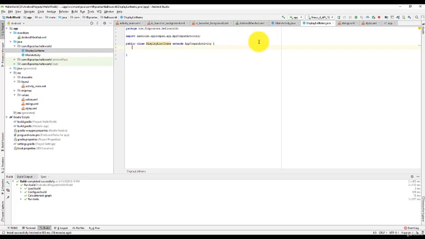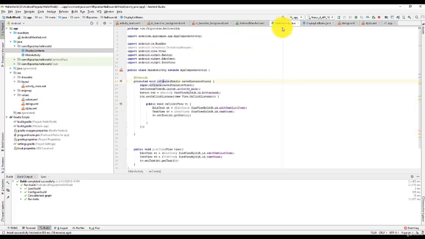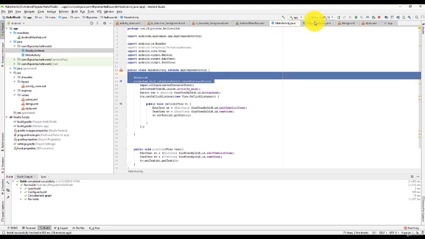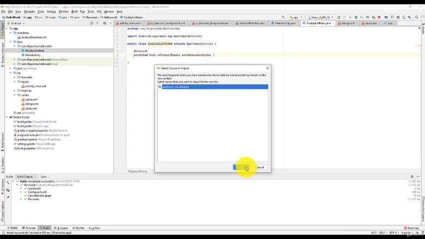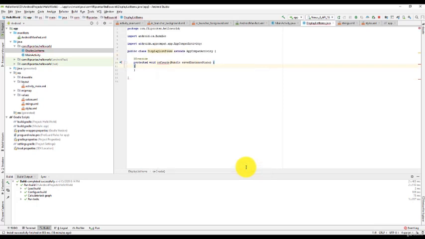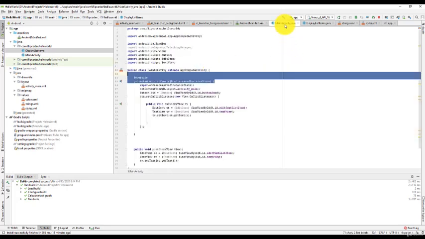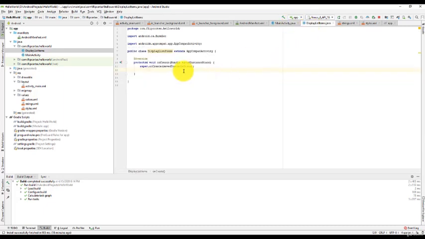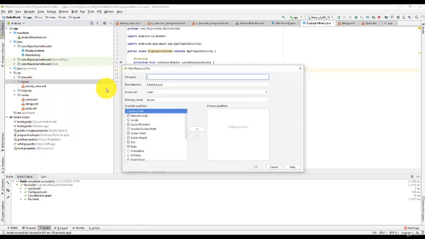This is an activity, so we need to have an onCreate. Add the onCreate. And like this, you're working with the onCreate method in the app compat activity, so you're telling it what to do when the app is created. Now before we do anything over here, we're going to add a new layout. Let's say add a new layout resource file. Let's call this list items. Let's leave the default settings right now.